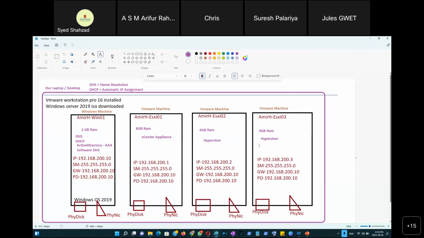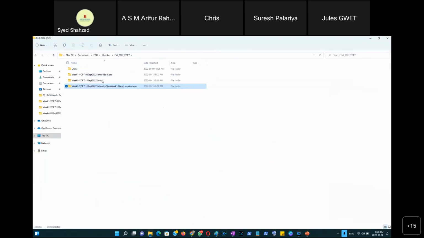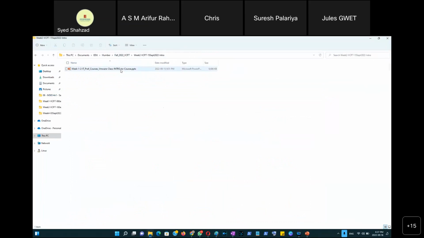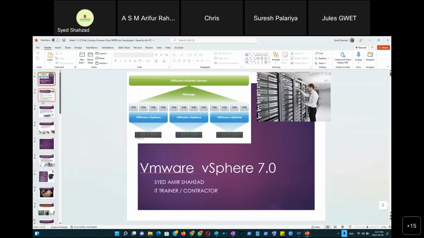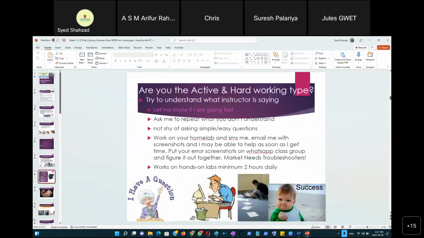Okay, Natnail says in the chat, why are we installing a hypervisor? Okay, I need to see the whole chat. I'll drag it here. Is not VMware our hypervisor? Okay, so that's the question for which we gave the answer yesterday. What was the answer for this? Let me just grab that answer from yesterday's slide. Why are we installing a hypervisor when VMware Workstation is already a hypervisor, right? That was the question. So the answer is